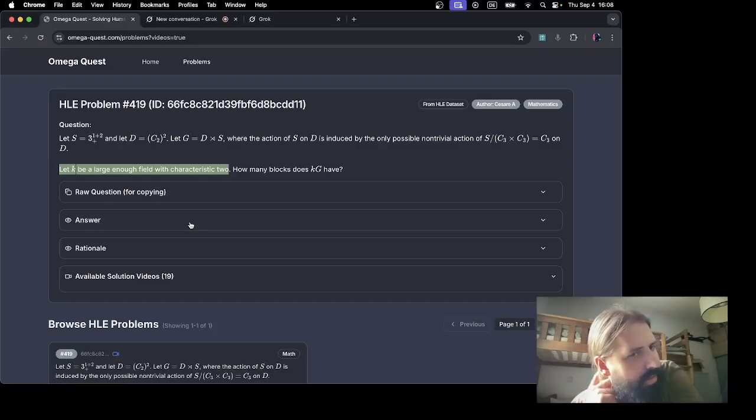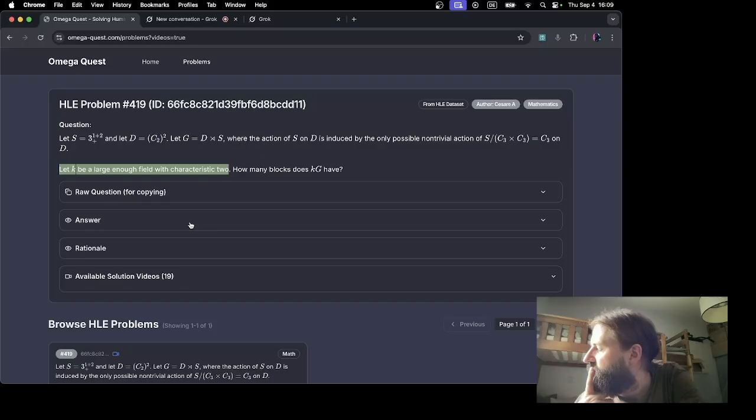Okay, and does it have a meaning if you say that you're looking for a field that is large enough, but with characteristic 2? It almost feels like a characteristic 2 field is still small. But maybe you're right. Maybe it's not about that, because there could be multiple elements that